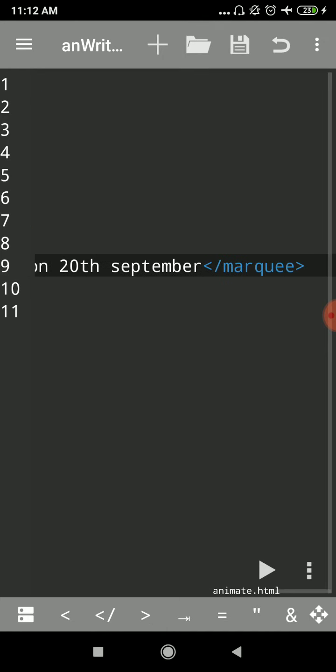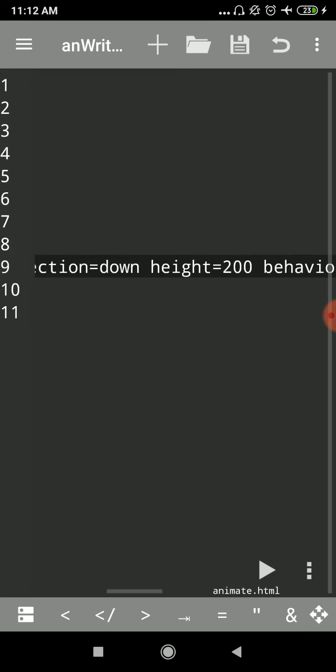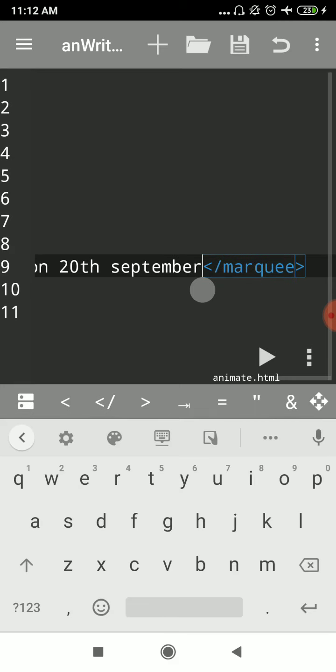I hope this demo is clear of how to use the marquee tag and different types of properties inside this marquee. Now, as I said, you can also do animation for images. Let me show you that part.